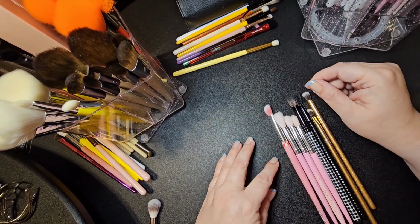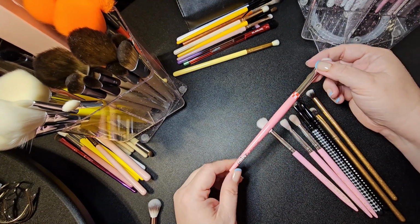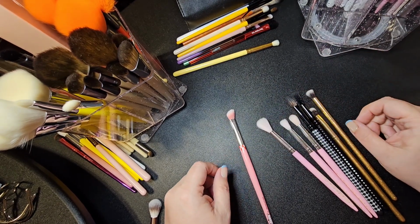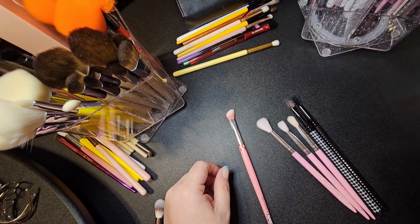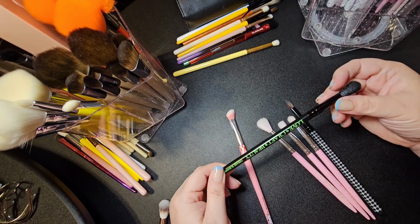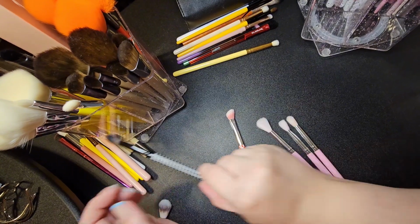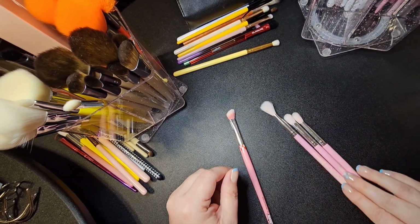I'm going to declutter the two Beauty Creations ones. And I'm going to come back to that one. I'm going to keep the two Luxie brushes. I'm going to keep one of the Lovecraft Beauty for now. I'm going to keep this one here. And I'm going to declutter the other one. And then I'm going to declutter